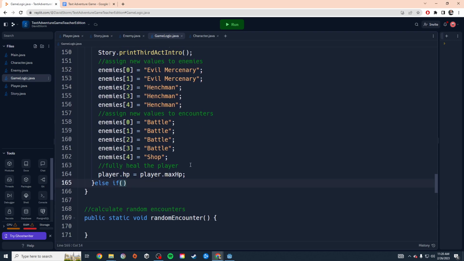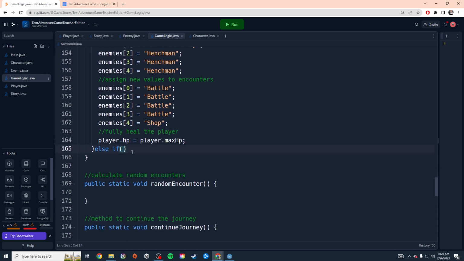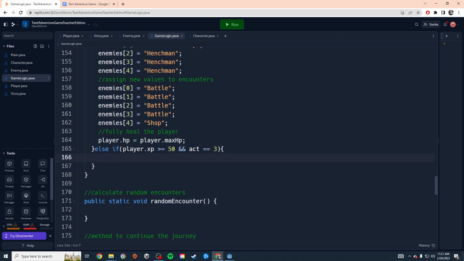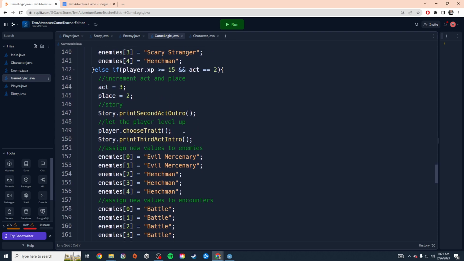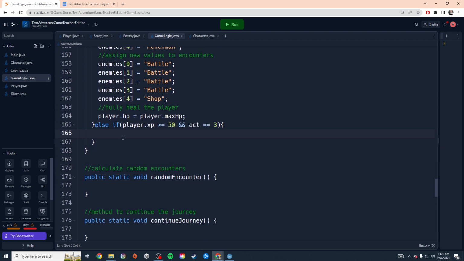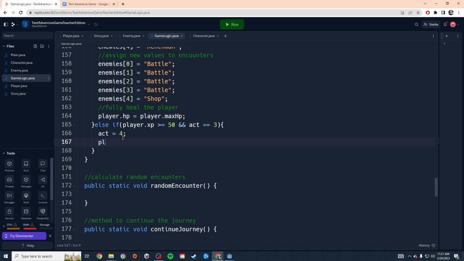All right, and next, else if. Did I make that? Yeah. Okay, good. Else if player.xp is greater than or equal to 50 and act equals 3. So we're going to advance to Act 4. Really with this one, we don't need to do much. We can actually just write this in. So Act equals 4, place equals 3,